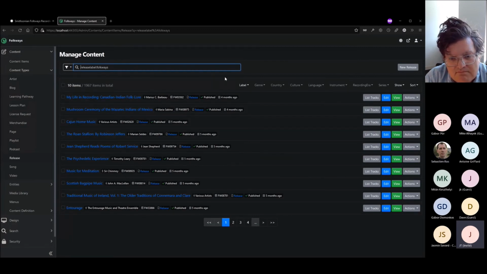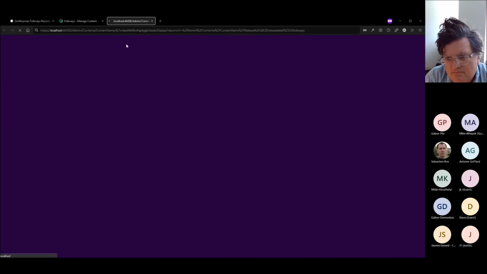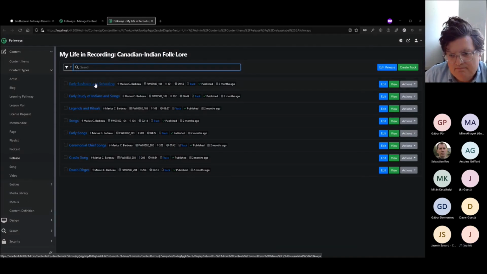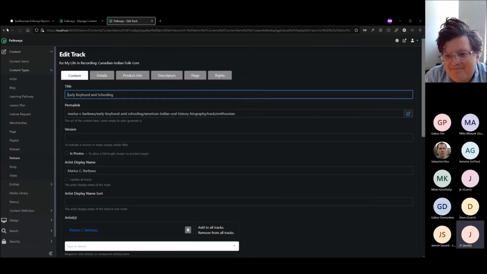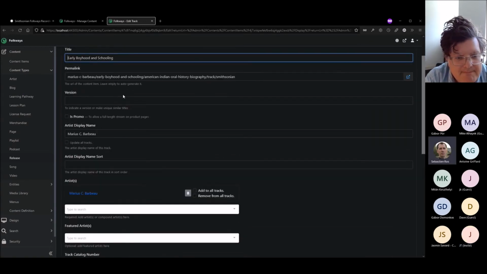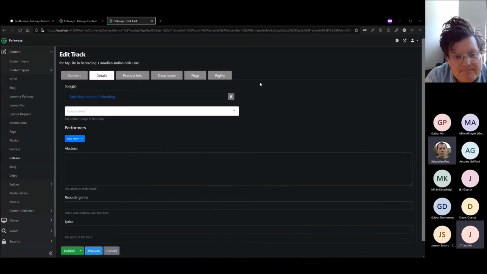And if you edit just the content item to see the tabs we have. So a release, yes. So for example, yes, it's a track of a release. And the tabs, they are also from placement tabs. Yes, and we improved the placement.